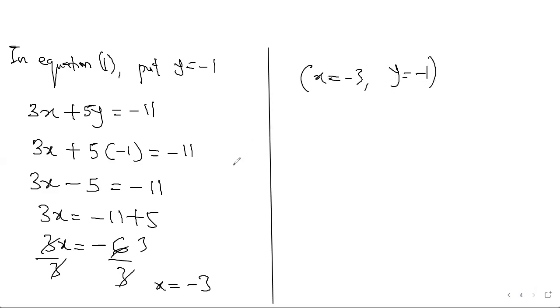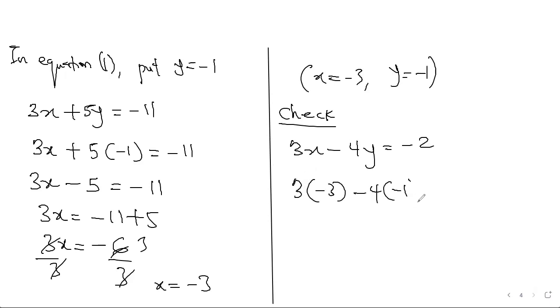So you can check if this is correct by substituting these values into any of the two equations. This solution must satisfy both equations. By satisfy, I mean that I must have the same number on the right as on the left. So when I substitute these numbers into any of the equations, let me check with the second equation. I want to substitute this into the second equation. So I'll have 3x minus 4y equals minus 2. If I put this here, I have to get minus 2 on the left. So 3 into minus 3 minus 4 into minus 1 equals minus 2. This will give you